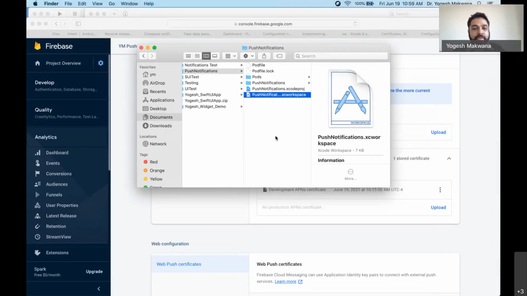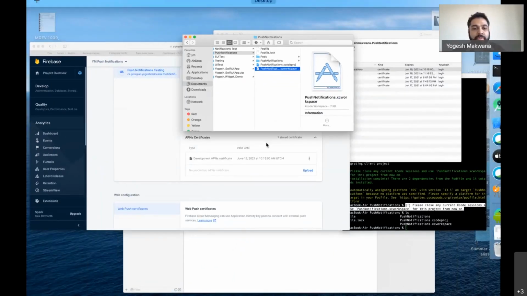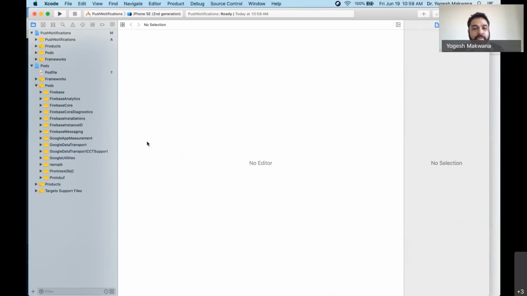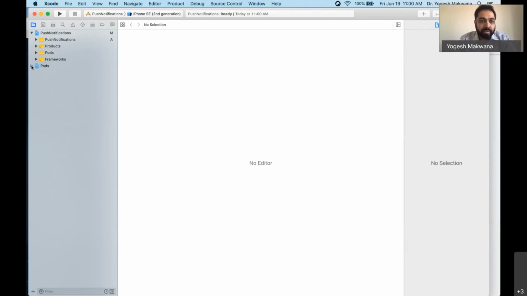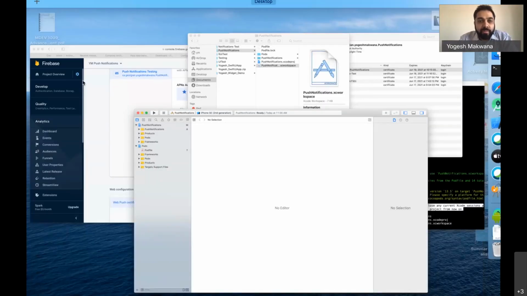So all of you have the workspace available now. The pod install is done. Okay, Hamza, you are also ready? Yes. Okay. So open that XC workspace, close the other project which we started with. The same project might be open in Xcode, so you will want to close it and then double click the XC workspace. And you will see that a bunch of pods now appear in your workspace here, everything that we asked it to install, and whatever the dependencies, obviously. Okay, so let's follow along. Now we'll go back to